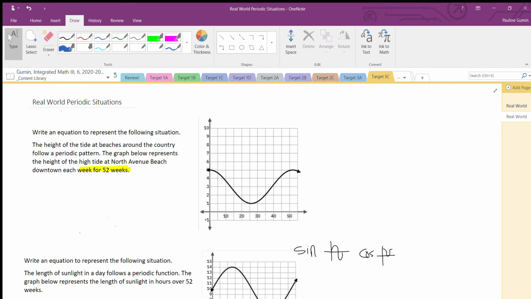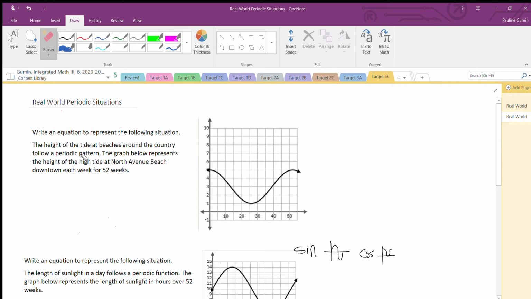Hello, and welcome to a video about creating real-world periodic situations. Well, I guess not creating them, creating equations to represent real-world periodic situations. So we're going to look at these graphs and the problems and write equations. All right, so the height of the tide at beaches around the country